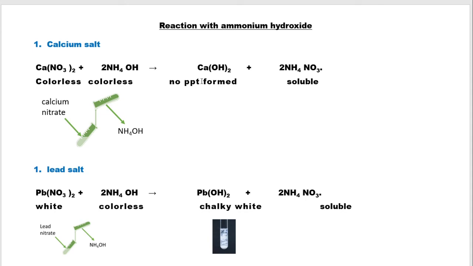So you can easily identify the beaker as ammonium hydroxide or sodium hydroxide. Clear? Similarly, when we take lead salt and you add ammonium hydroxide to it dropwise, a chalky white precipitate will be formed. This chalky white precipitate formation only indicates the presence of lead. Now, this lead precipitate is insoluble in excess ammonium hydroxide. That means whenever you add excess of ammonium hydroxide, the precipitate does not dissolve.